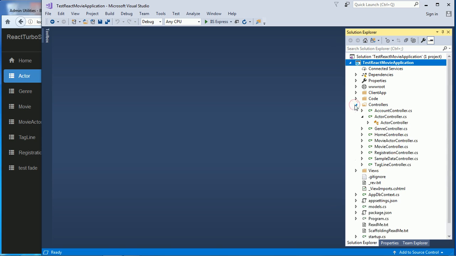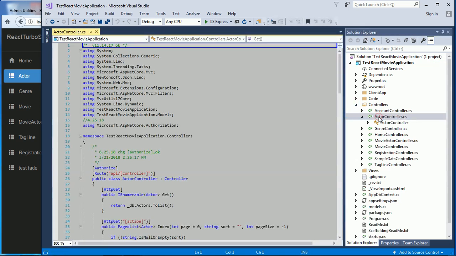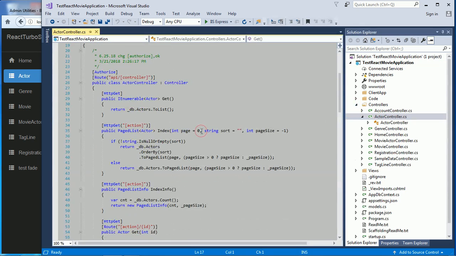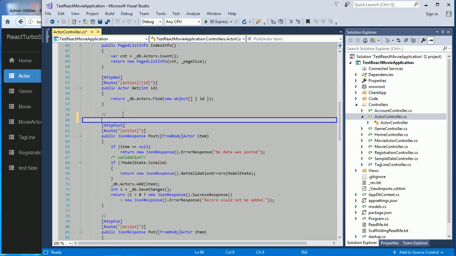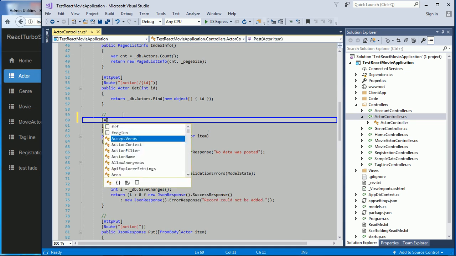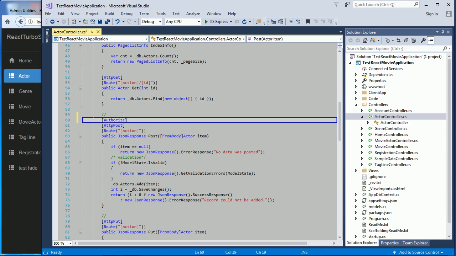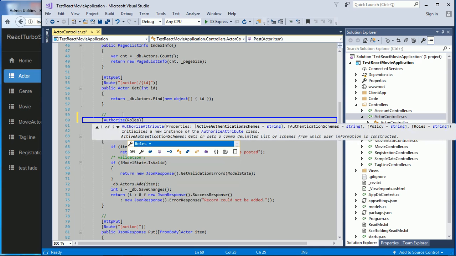So we're going to open up our actor controller, and the only thing we're going to do is scroll down to the post method. Now the post method is used to save new records, and we're going to add an authorize attribute here. And authorize, and then we're going to specify the role. So roles equal manager,